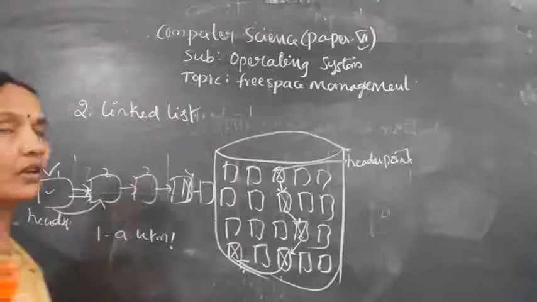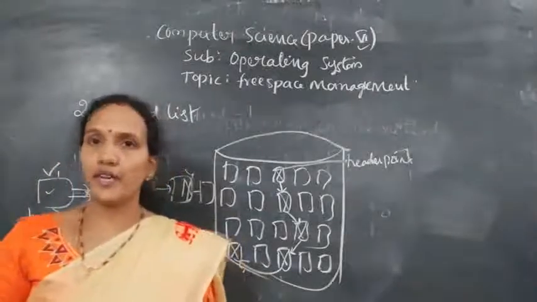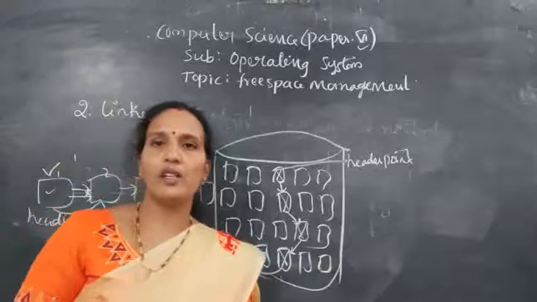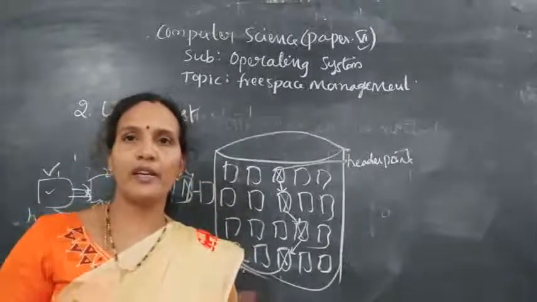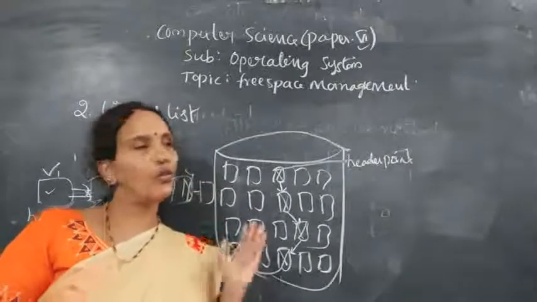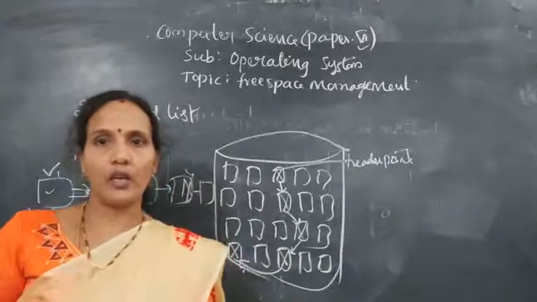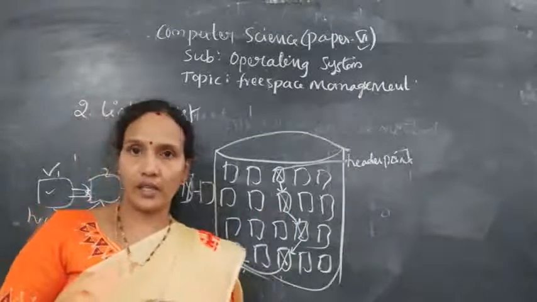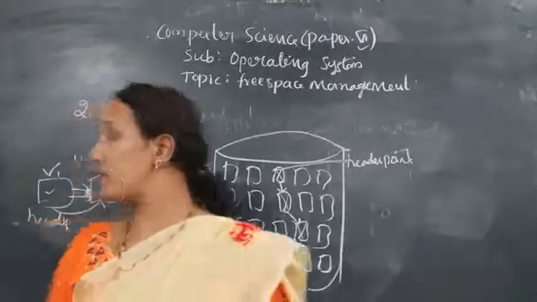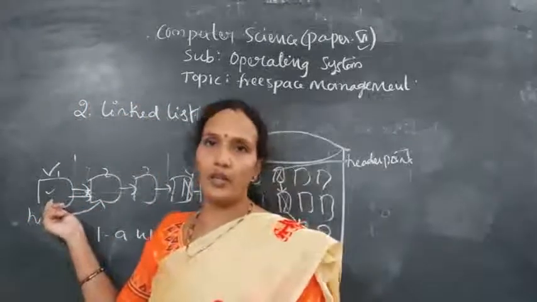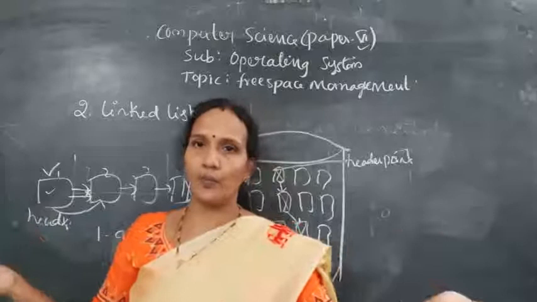So here, do you have any advantages? Yes, we have advantages. Whenever a file is requesting memory, what happens? Immediately the first block will be allocated, so there is no need to search for the next block. Whenever any file requests memory, this header node will be allocated. No need to search for the second, third and fourth.